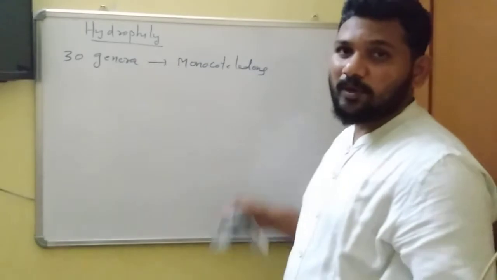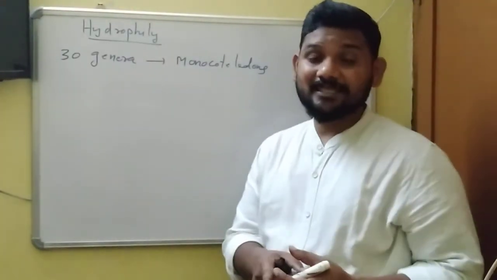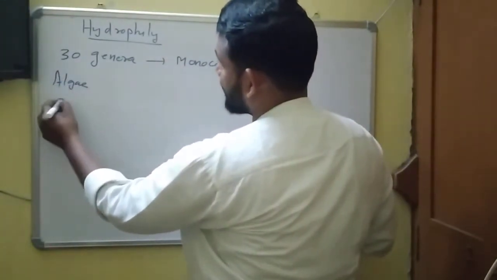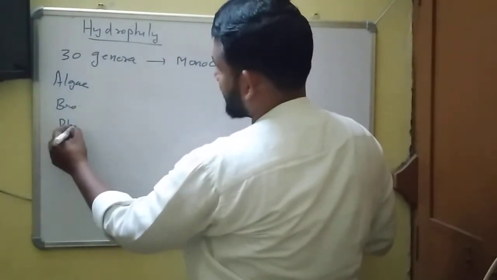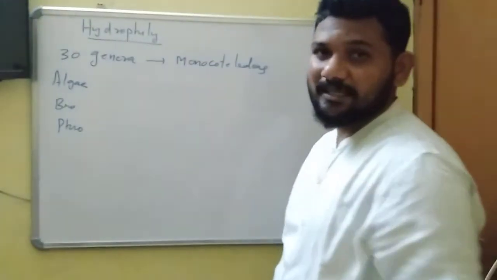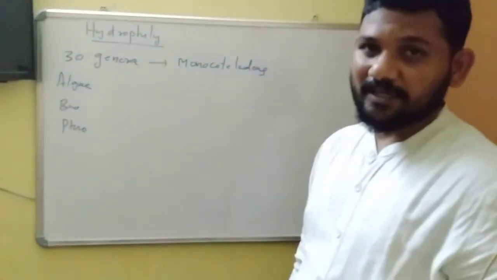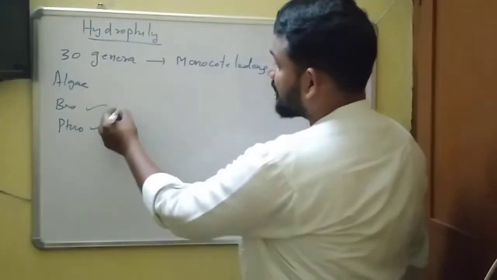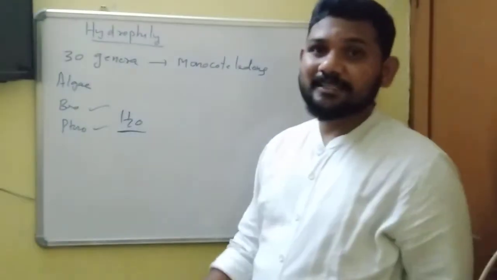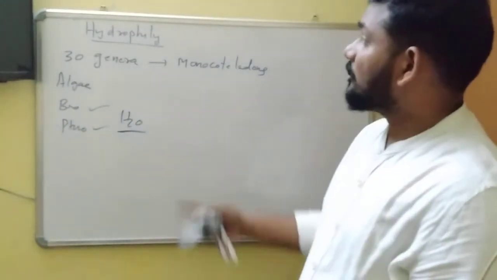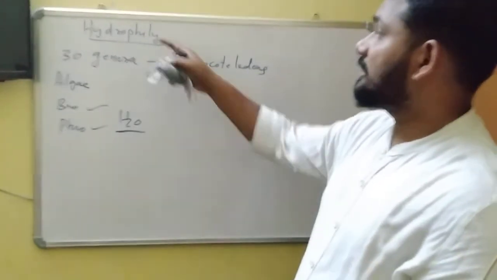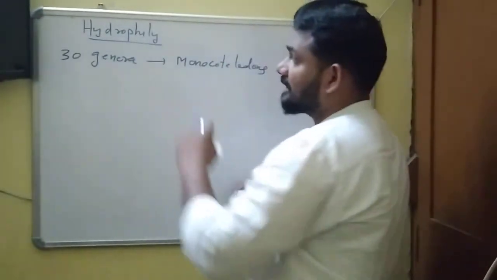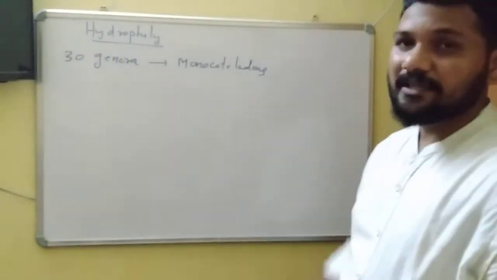And water, generally water is required for fertilization and transfer of male gametes in case of lower plants like algae, bryophytes and pteridophytes. ये सब में मूवमेंट ऑफ मेल गेमेट्स के लिए यानी कि फर्टिलाइजेशन के लिए वाटर रिक्वायर्ड. Especially bryophytes and pteridophytes, they are restricted to certain regions because they require water for fertilization and movement of gametes. And cross pollination या movement of pollen grains through water is called hydrophily. And hydrophily can be seen only in 30 genera, and these 30 genera are mostly monocots.